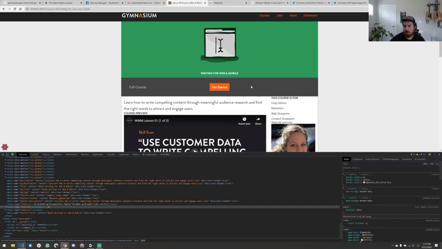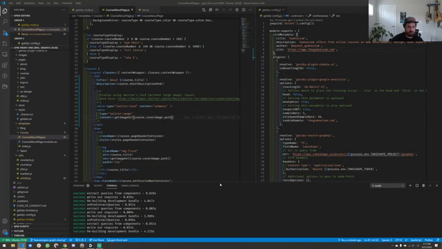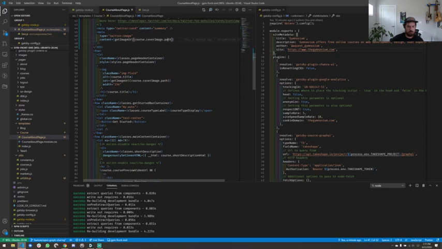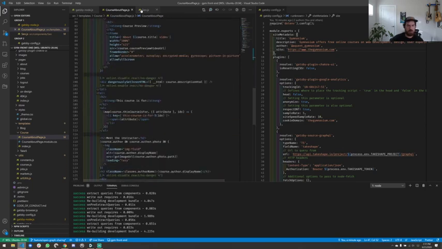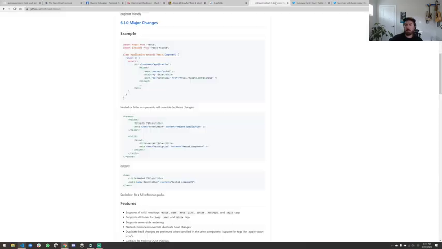Oops, not a bookmark. Get out of here. Remove. So for whatever reason, this doesn't seem to be rendering children here as I requested. Let's see. That might be in the details of helmet here.